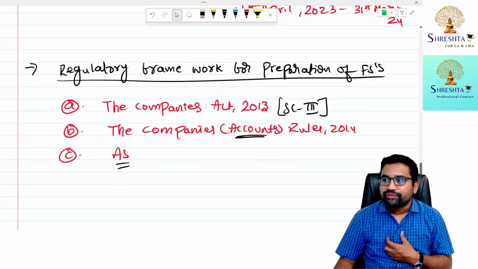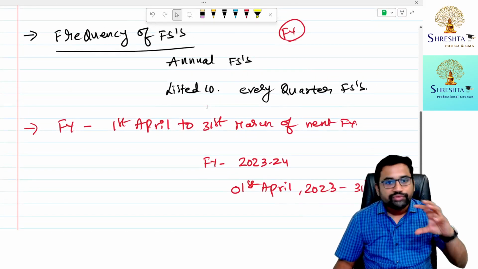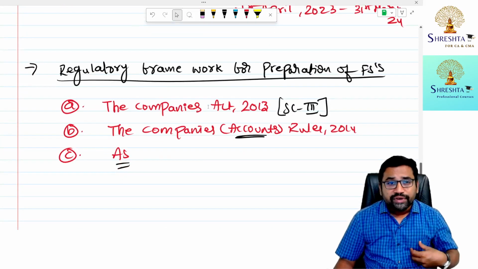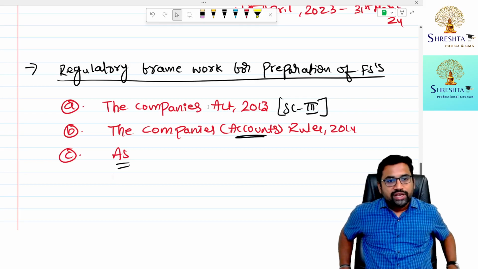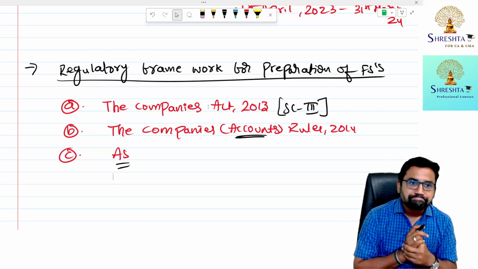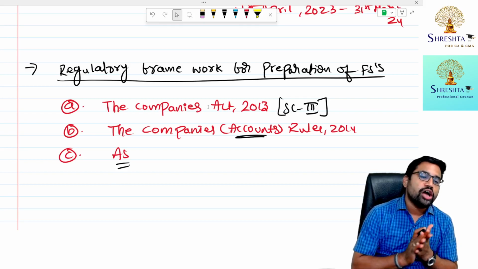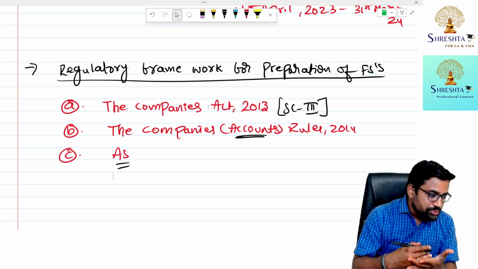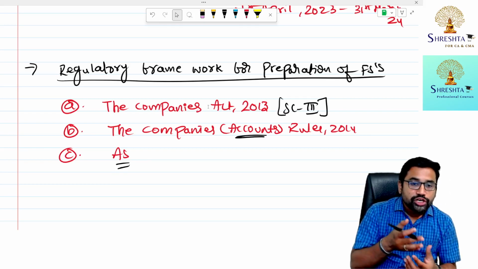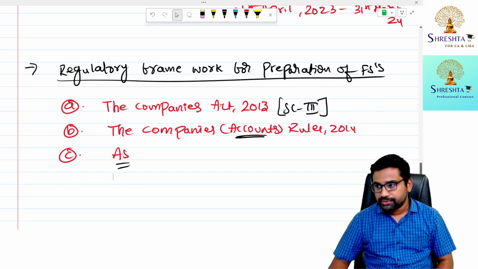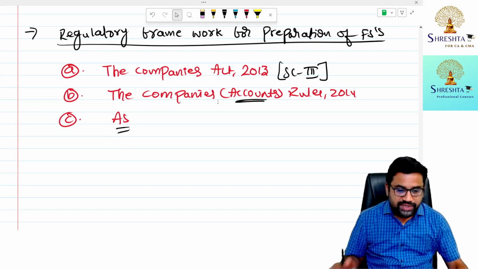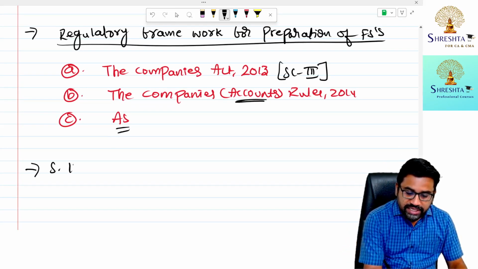Now what is the regulatory framework for preparation of financial statements? I also discussed the financial year definition. Financial year means 1st April to 31st March. Now, regulatory framework for preparation of financial statements. Whenever you want to prepare financial statements, you have to follow the Companies Act, you have to follow the company accounting rules, and you also need to follow the accounting standards. And now, talking about preparation of financial statements, there is one section in the Companies Act, that is section